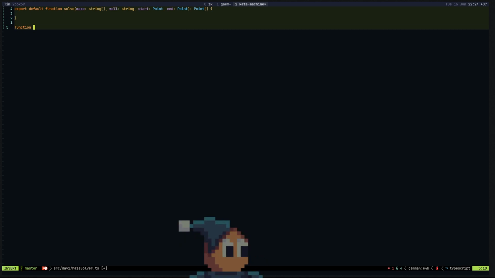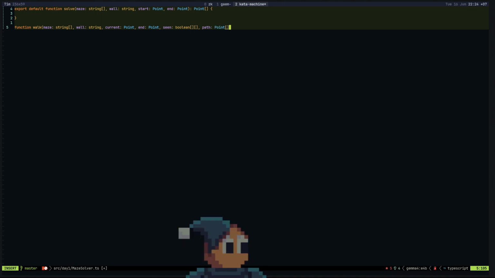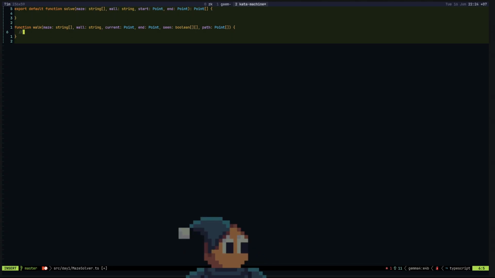If I remember back when I was solving these every day, pretty sure we have to pass in the maze itself, we pass in the wall stream, we pass in the current, and the endpoint. And I think we also, oh right, we have the Boolean. Is bool a thing? No, it's Boolean. Okay. I think we have to pass in the path, which we're gonna return by the end of this private recursive function. We have the base.